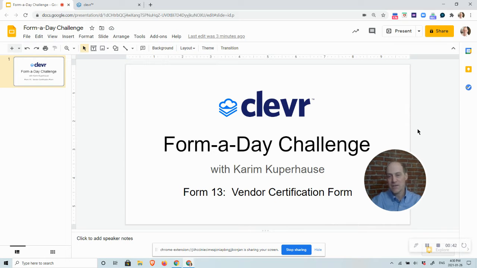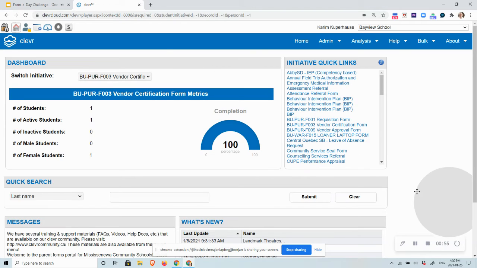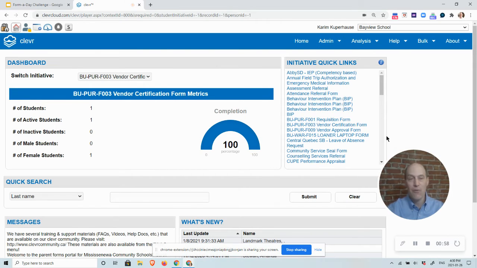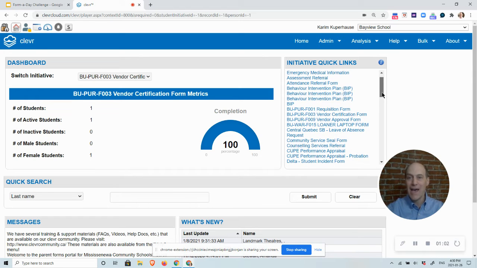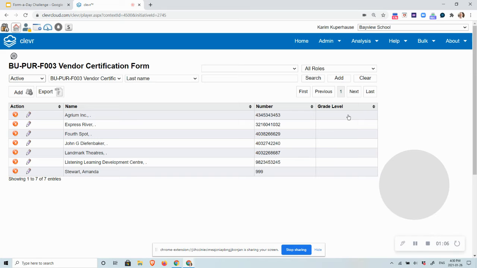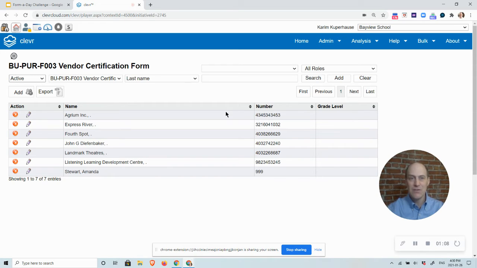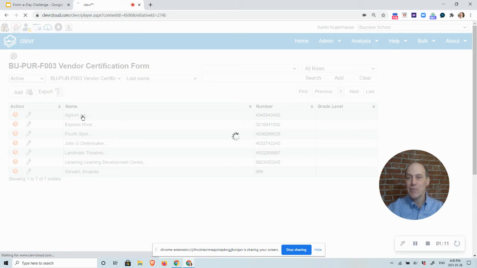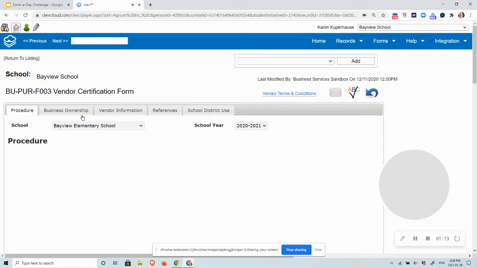So this particular district that asked us to create this form really was looking for a way to input their vendor certification process into an online digital form. So what happens is that the vendor gets access to the Clever platform, a very limited access where they get to create their account, and they'll have access to only one form or maybe some forms that are similar and related to each other. And so they would come over here and they'd be able to create a vendor certification